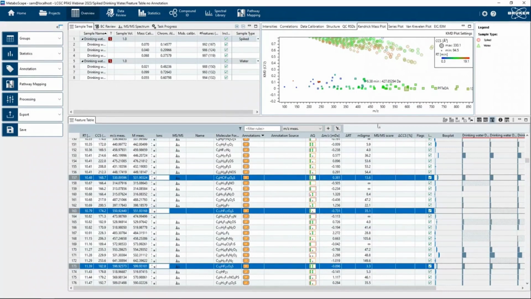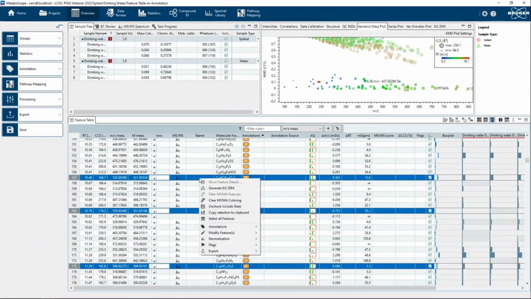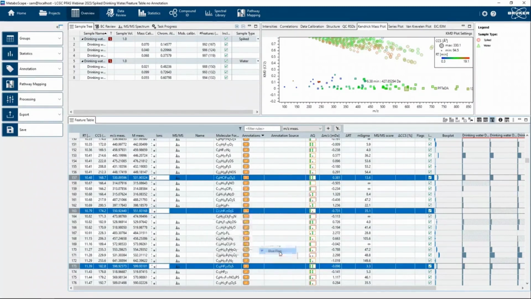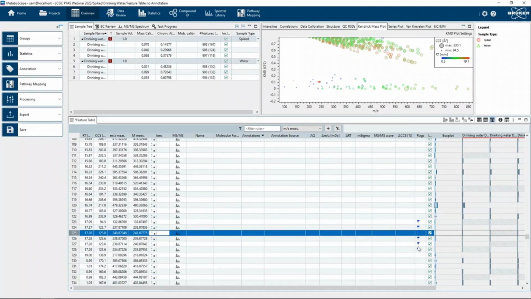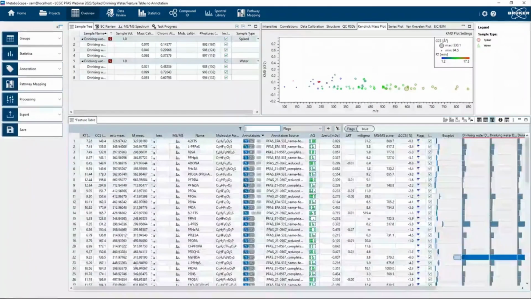So what I'm going to do is label these in our feature table. Right-click on them, and say that I want to flag these, and we'll use a blue flag here. Now I've put a flag next to all of these features that are of interest to me, and I can narrow down my feature table by that flag color. So we will filter by flag, and we'll type in blue. Now we're only looking at features that have that blue flag, and we can see our plot has updated